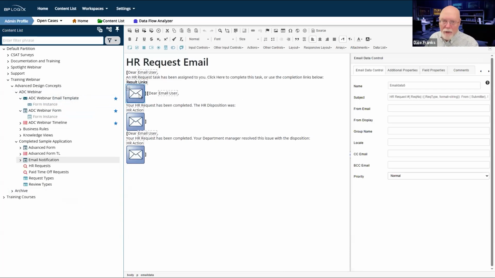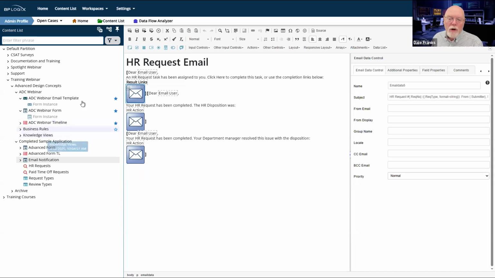That is your email data control. The email data control is the control that you use to specify the subject of the email. Technically, you can send an email without an email data control, but you never should. You should always have an email data control. Now, the problem with the email data control is that one and only one can ever be shown or can ever operate at any given time.